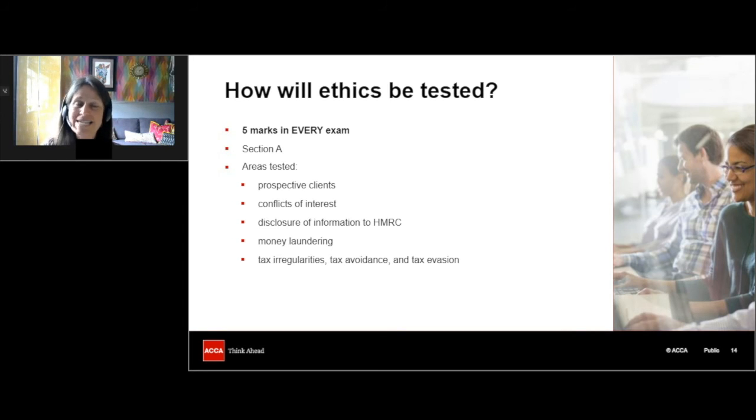Now, although they are quite easy marks, you do need to make sure that you apply them to the scenario. So there is a danger that you just learn the answers to past exam questions and don't actually apply it to the particular scenario. But make sure that you do look at past exam questions and then simply apply that to the question in your exam. And I will go through the ethics part from the March-June 22 exam just to show you the sort of thing and the way that you might like to present that.